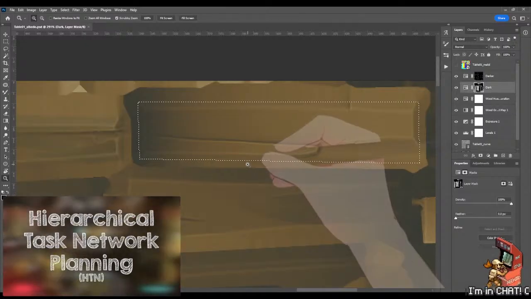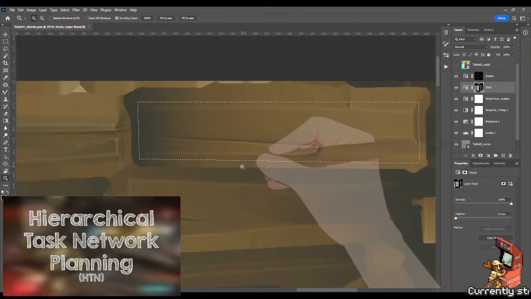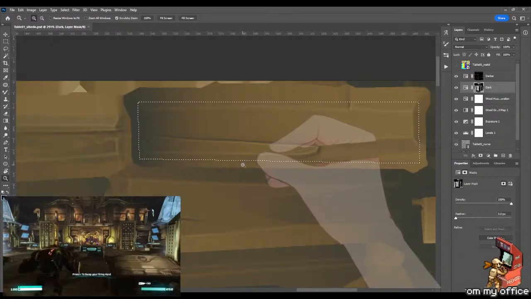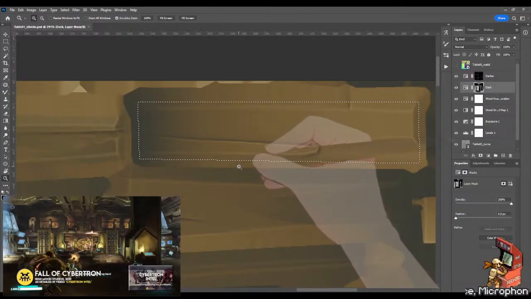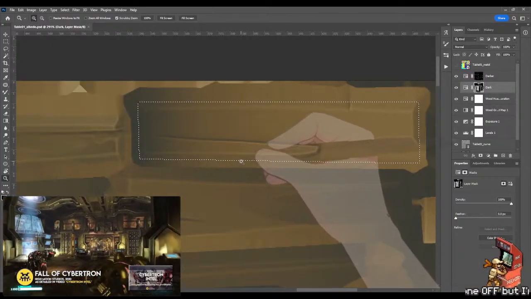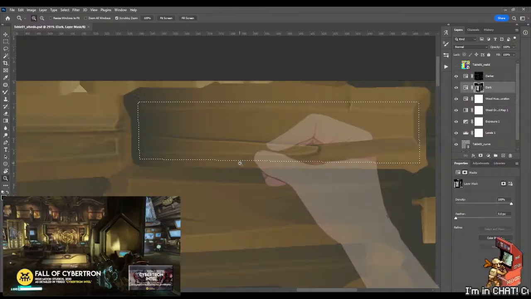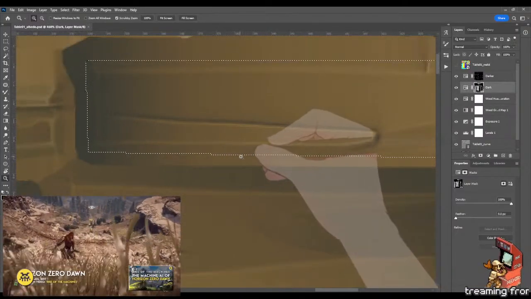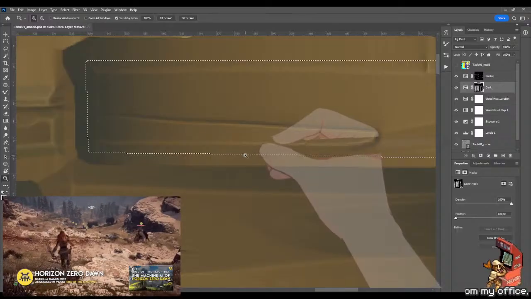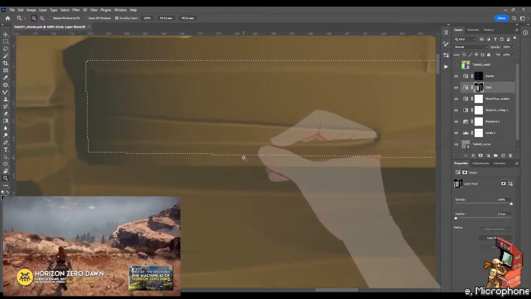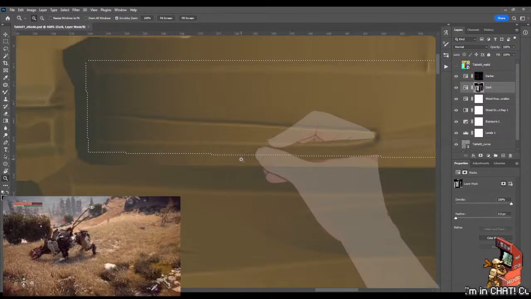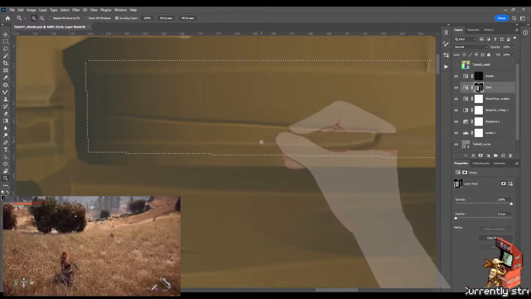HTN planning has been used in titles such as Killzone 2, Max Payne 3 and Dying Light. I'll be dedicating a future episode of AI 101 to this topic, but I've already covered the implementation of this planning method in detail for Transformers Fall of Cybertron, also in episode 14, and Horizon Zero Dawn, over in episode 37. But for now, I hope this helps everyone better understand not only why people continue to laud the AI of F.E.A.R, but also the underlying technology being adopted.